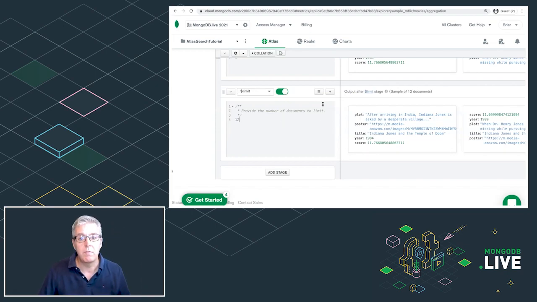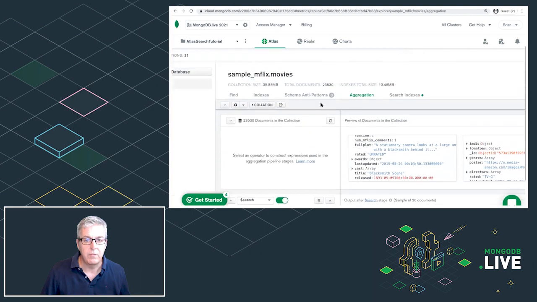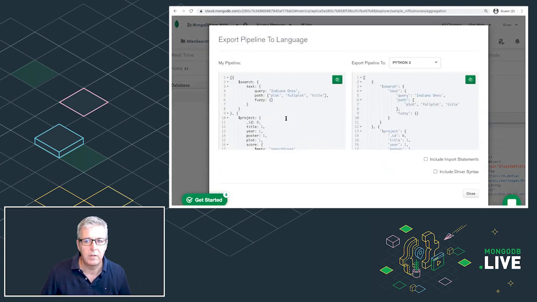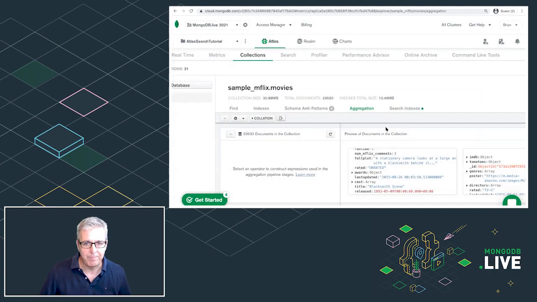And so now that all of that is done, one of the coolest features of all of this is I can actually export this pipeline code to a language. And remember, my ultimate goal here is to create an API that my front-end developer can use. And so let me click this export to language. And you see we have a handful of languages that are supported. And I'm going to select Node. And I'm going to go ahead and copy these values. And don't worry if you didn't copy it. I have it saved for you in my snippets to use later. So I'm going to go ahead and close this down. And then I'm going to move on to the next step of creating this API.